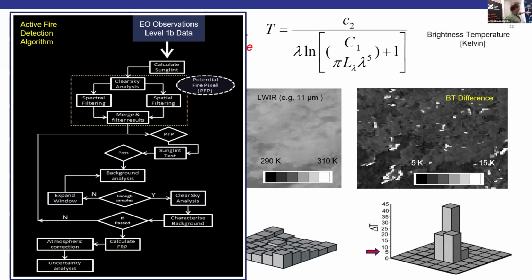So this is the sort of flow diagram of what we've done for geostationary data. And then you have to atmospherically correct the estimate of radiative power output, because you want the estimate of what's coming out of the fire, not what's coming at the top of the atmosphere. But none of it is particularly difficult. It's just this idea of trading off errors of omission and commission to some extent.